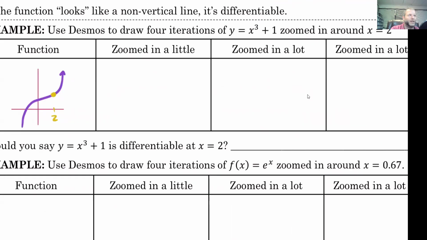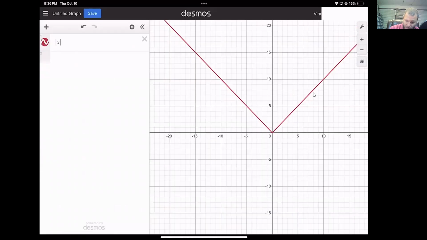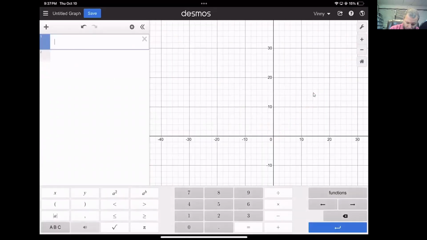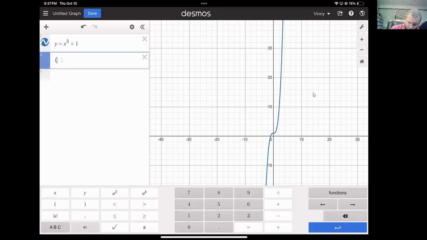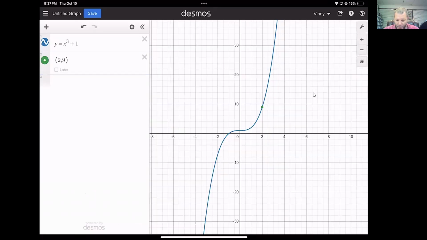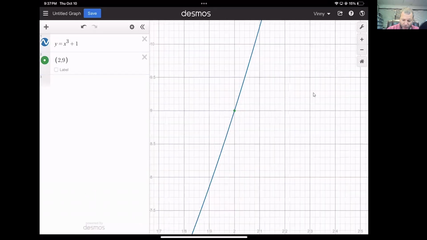I want to zoom in around that point (2, 9). Let me plug this in. Let me get rid of that. So y equals x cubed plus 1, and we have the point (2, 9) on it. So there's a point. But if I zoom in around (2, 9)